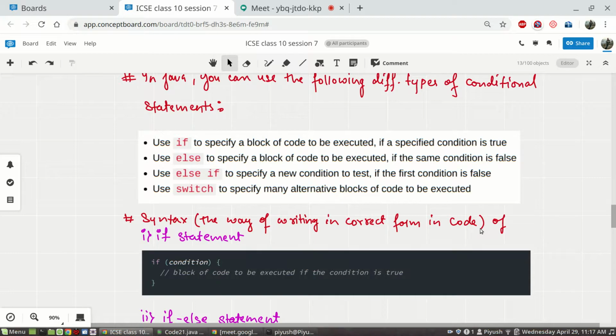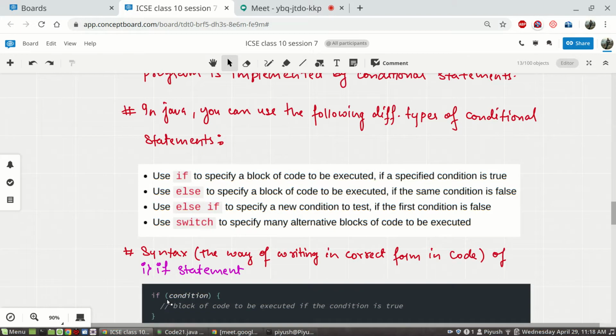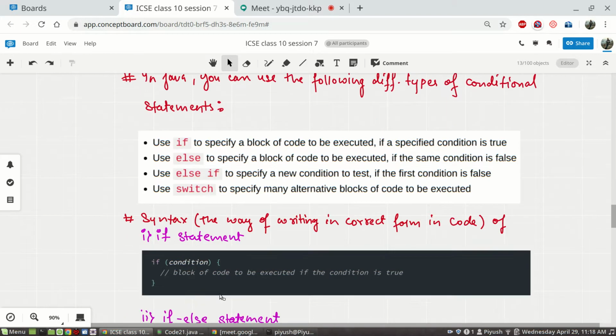Here you have how we write if in a correct form. This is the structure: if followed by a condition in simple brackets. Here it won't be called parenthesis; simple brackets are called parenthesis when they immediately come after any word, not after if. So, if condition.